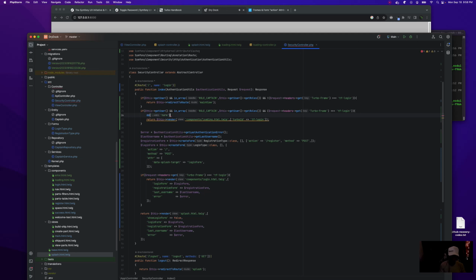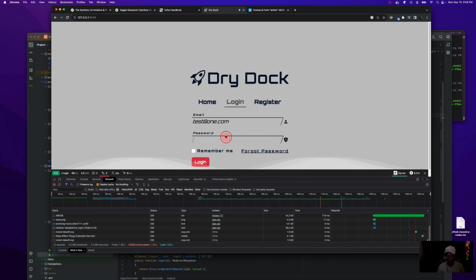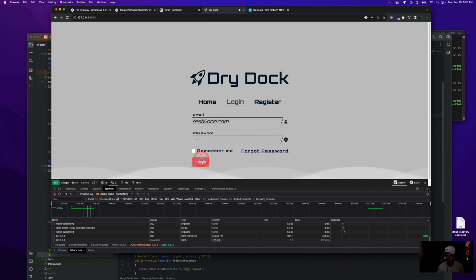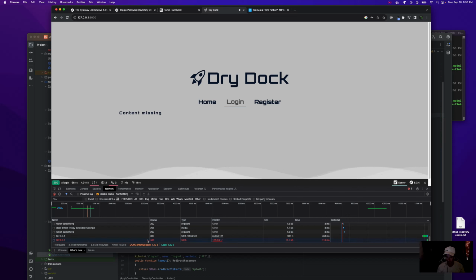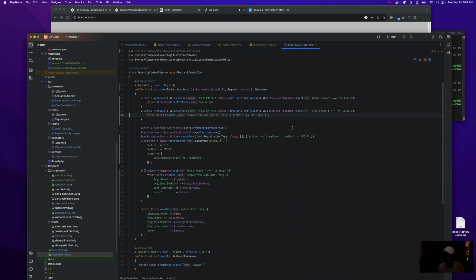Let's try this. Hey, there we go. Okay, so we are hitting that. And we are rendering components loading HTML twig. That's correct.